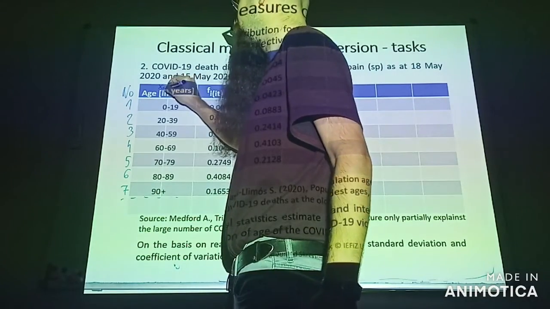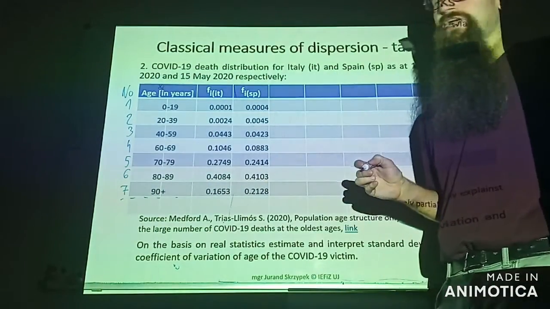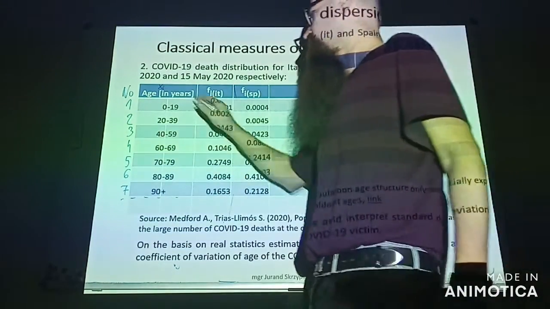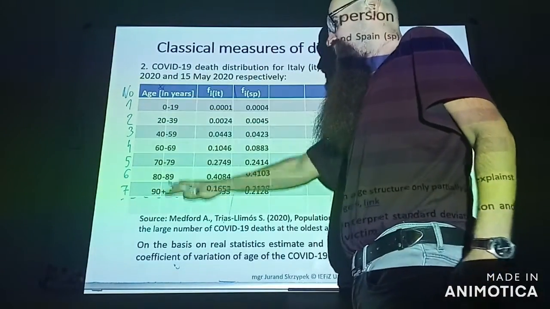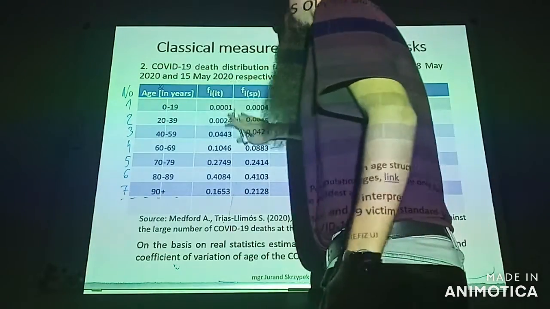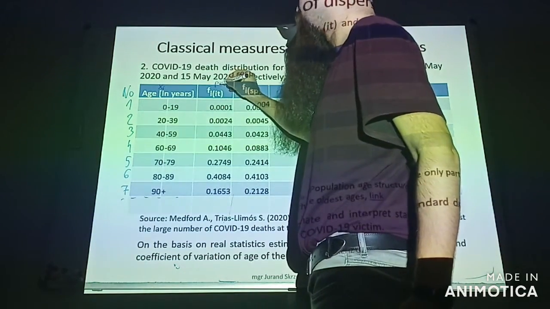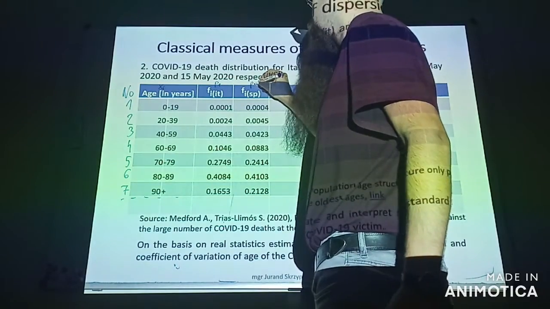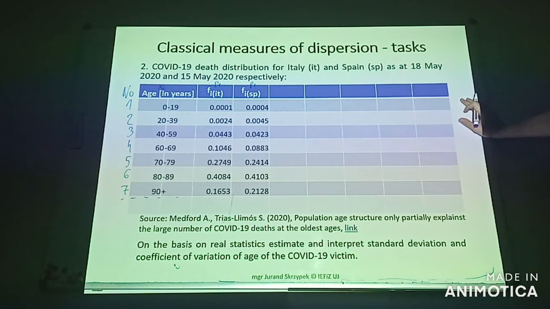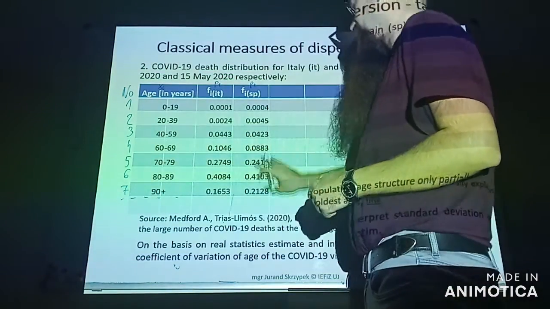We can name the variable using the symbol xi. This is the age of COVID victims expressed in years. We distinguish 7 classes, 7 intervals of age of COVID-19 victims. And here we have two populations, P1 and P2. Here we have the age distribution of COVID-19 victims in Italy, and here we have the distribution